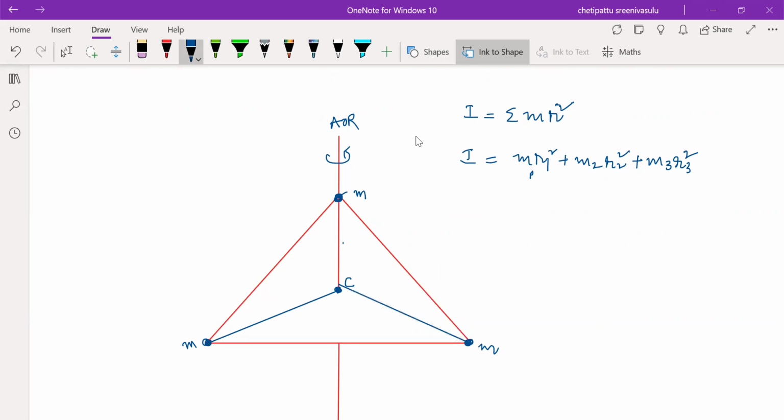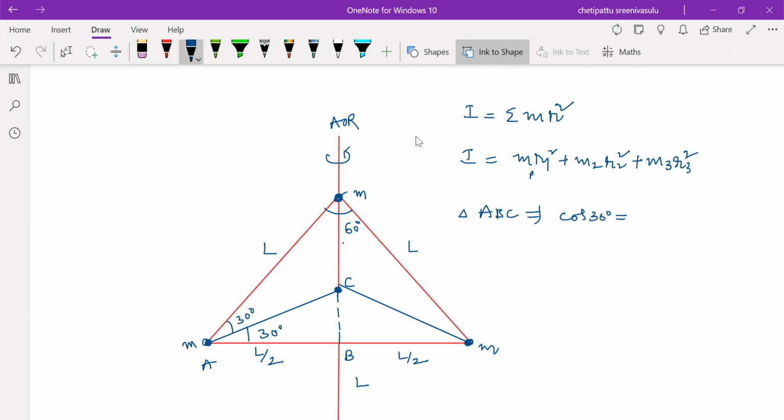Now calculate here. This is an equilateral triangle. I can take this as 30 degrees, because the angle of an equilateral triangle is 60 degrees, so this is 30 and this is also 30. From the ABC triangle, I take cos 30 equals adjacent side over hypotenuse. The side length is assumed as L. This is the total length L, and this half is L by 2.